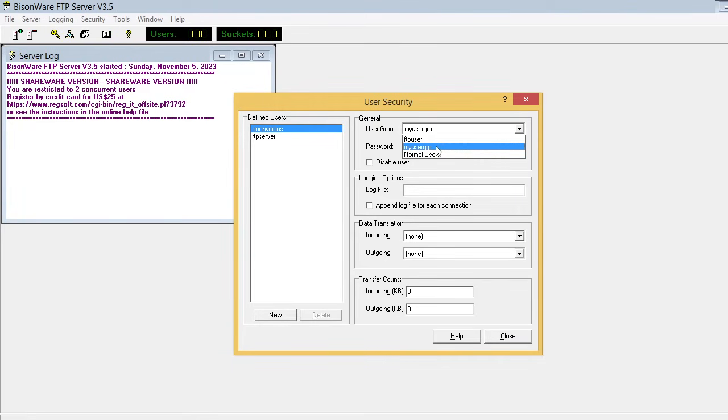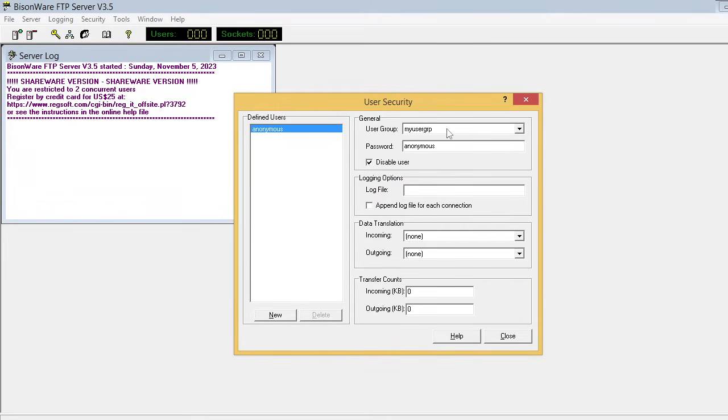Now currently I want to use that, so I will disable the other things. So I will disable the previous user group, then the normal user group as well, and the current one I am going to use. If I want to delete or add new users, then I can delete the previous users,